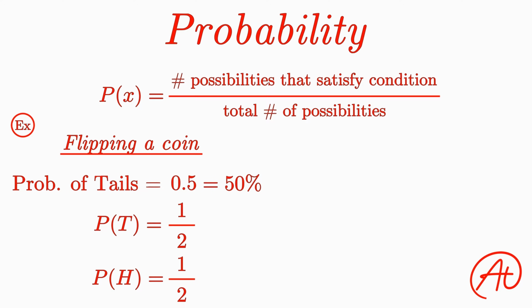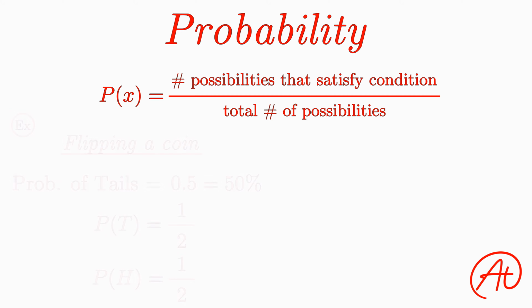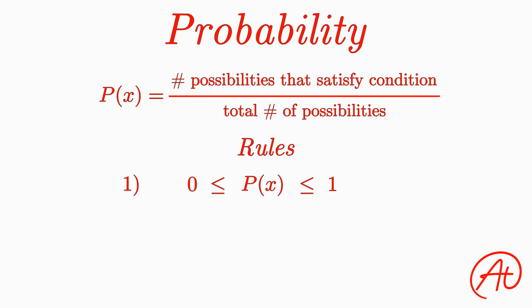Now, although this was a simple example, it provides great insight into the rules that all probability follows. The first rule says that the probability of any and every event must fall somewhere between 0 and 1, with 0 being something impossible, like me trying to figure out my girlfriend's thinking, and 1 being something that's absolutely certain,